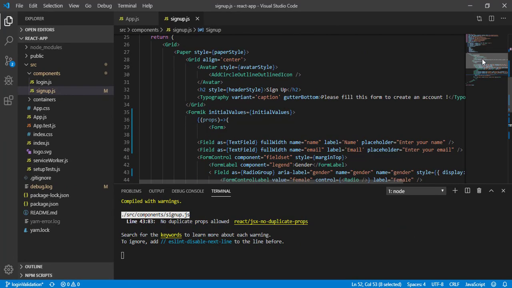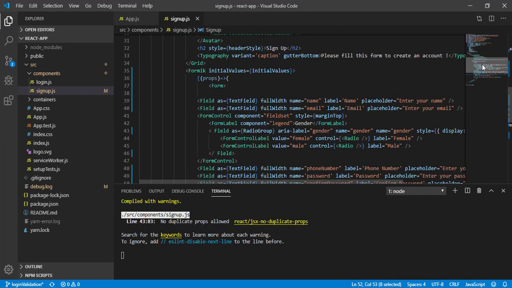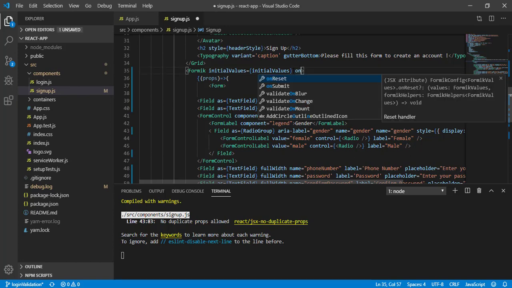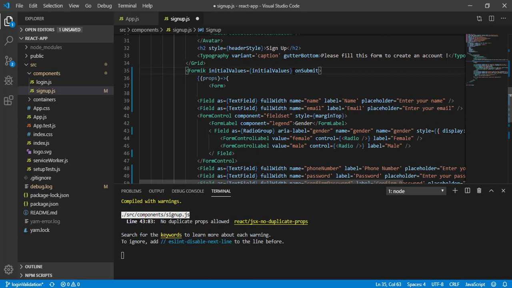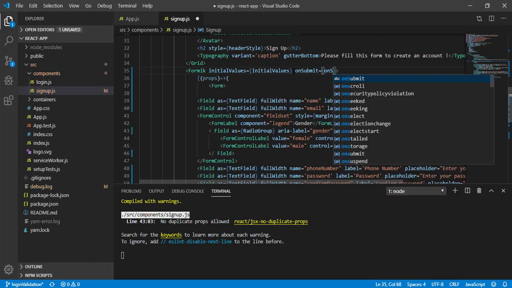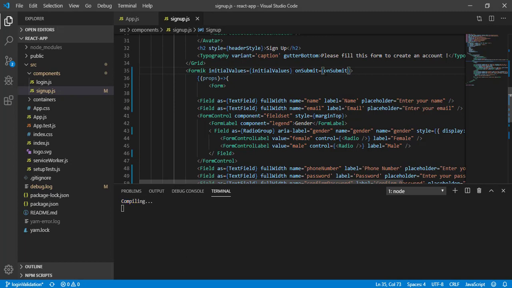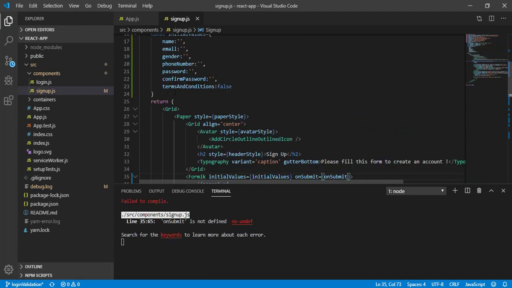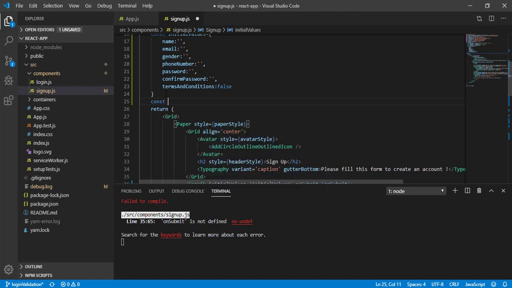Now we have to handle the form submission. Come to Formik and define the property onSubmit. Here let's call a function onSubmit, and this function doesn't exist, so let's create it here: const onSubmit.